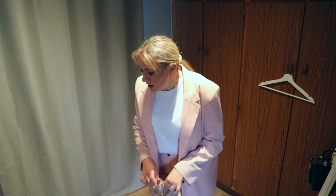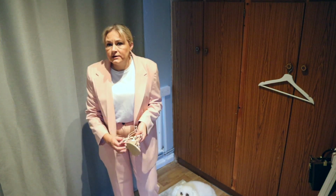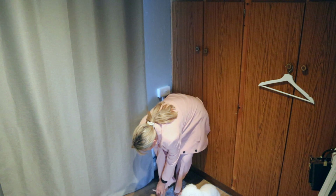It looks very put together, except for the fact that I have a very creased t-shirt underneath, and that's just a total giveaway that I don't have attention to detail, and that's just not the look that we're going for. We want to go for the look of, yeah, I know what I'm doing, I know what I'm all about, and I have great attention to detail, so hire me